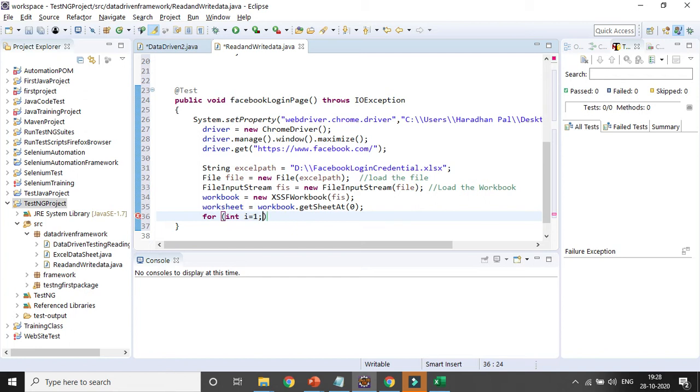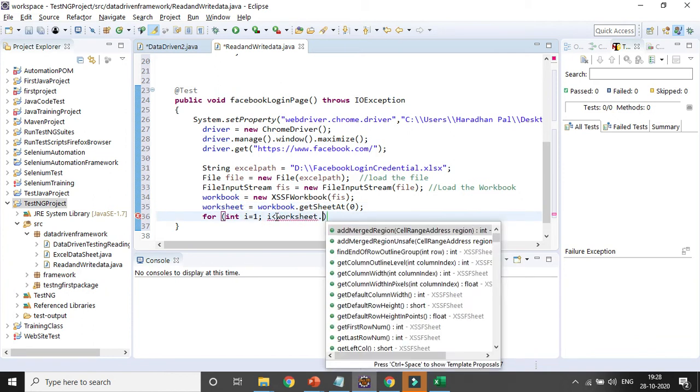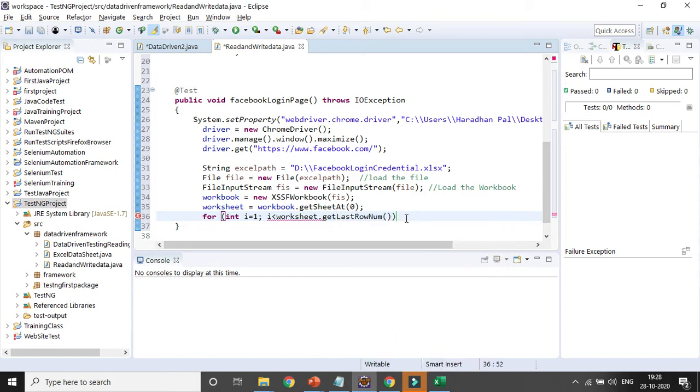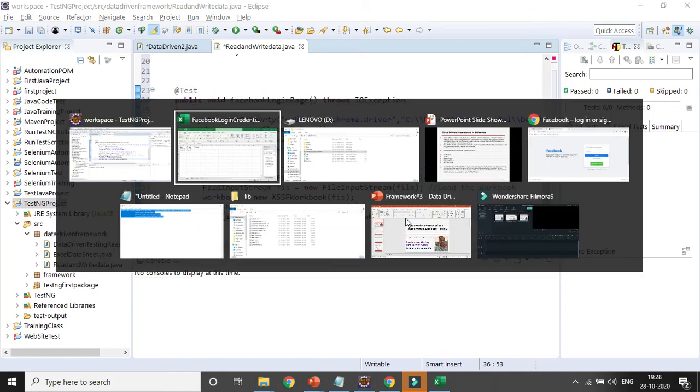Sorry, i equal to 1, then i less than or equal to, it will go till worksheet dot get last row number. You can see it is the XSSF sheet, get last row number. Why do we need this?